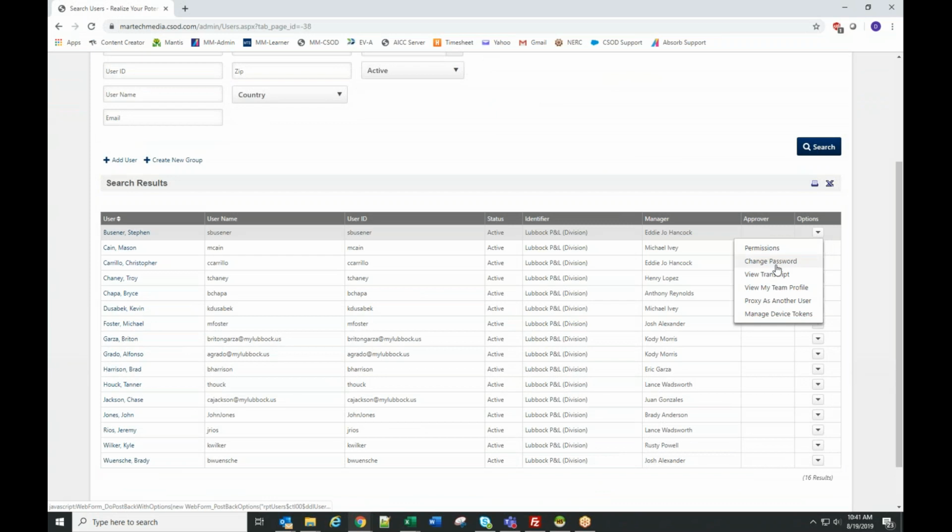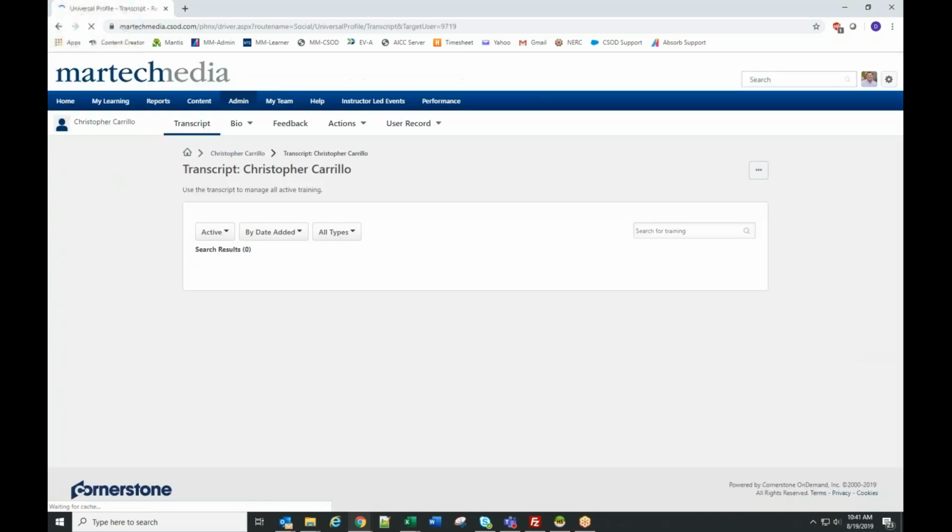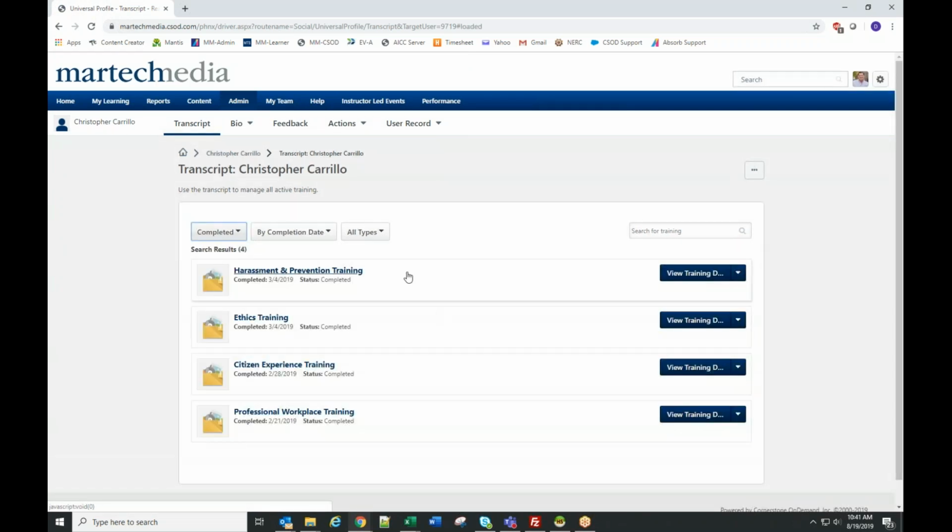So I'm going to view this user's transcript. If I click view transcript on the far right, it'll take me to that user's transcript. And just to highlight, this is where you would change a user's password as well. Okay. I'm going to view this user's transcript. Go to their completed training. And okay, so he's had all of this training. And if I click on the details,